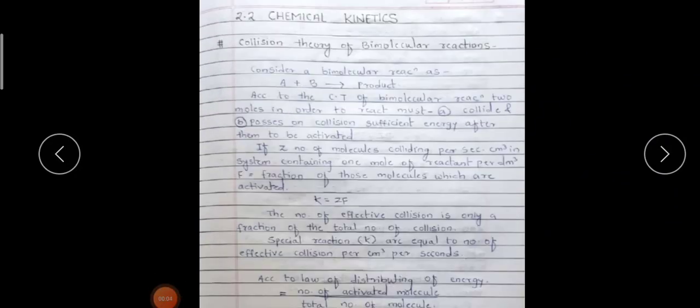Good morning, friends. Today we are going to continue the second part of this unit, which is chemical kinetics. In the last year, SY, we have studied the postulates of the collision theory. Now here we have to directly apply this collision theory to the bimolecular reactions. Then the unimolecular reactions. Unimolecular reaction is nothing but the Lindemann theory.